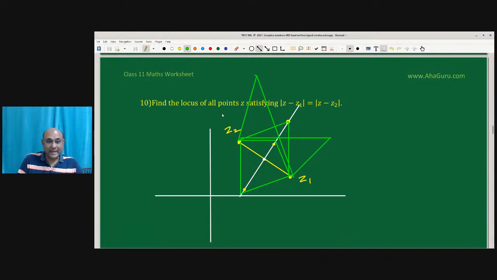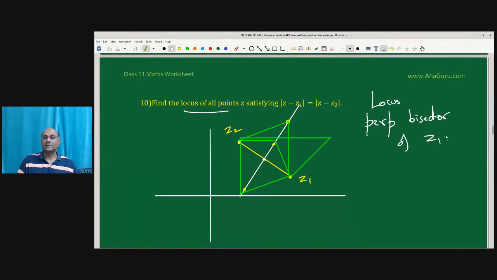If you are on this side, the distance to Z2 is less. If you are on this side, the distance to Z1 is less. You must be right on the perpendicular bisector for the distances to be equal. So therefore, what is the locus? That means all the points for Z. How can Z move? Z has to move on the perpendicular. Locus is the path on which Z has to move, perpendicular bisector